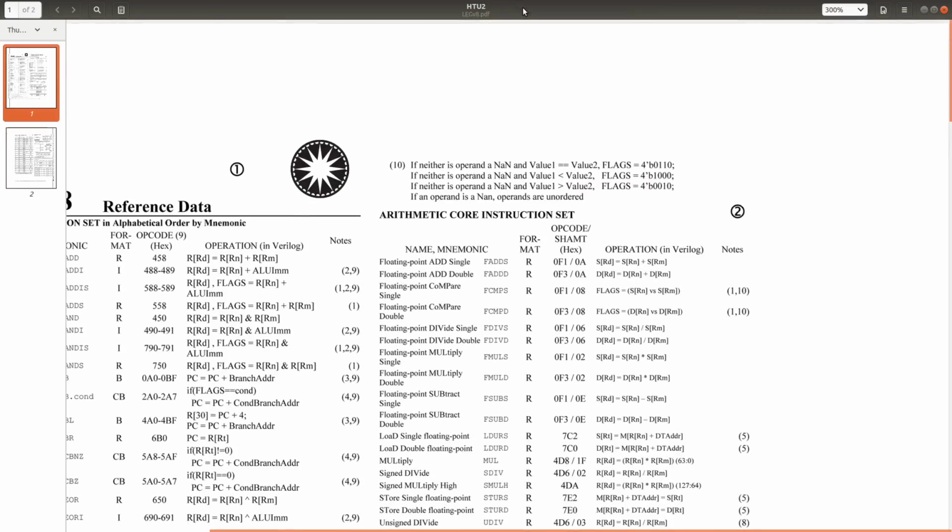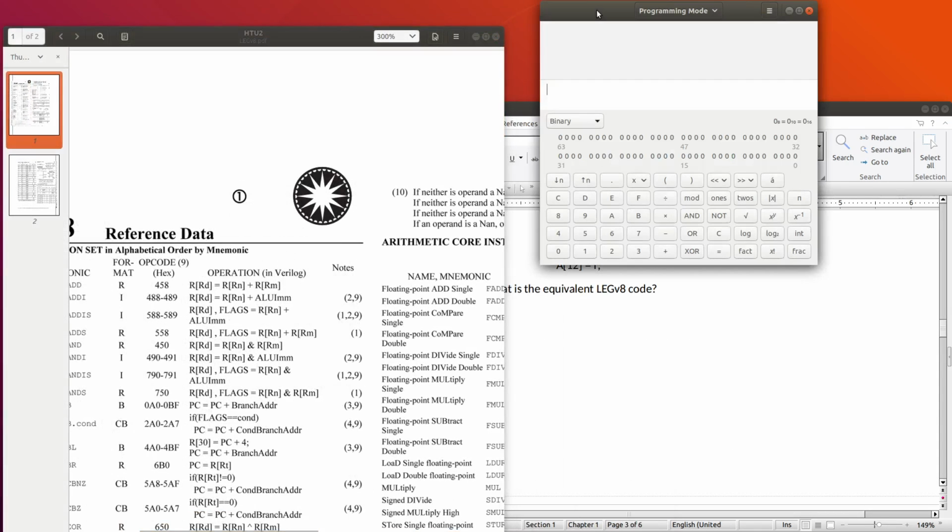One more tool that I will use in our lab is the calculator in programming mode. Here you can see we can use the binary mode. We can write something in binary, and that binary number can be converted into decimal number or hexadecimal number.